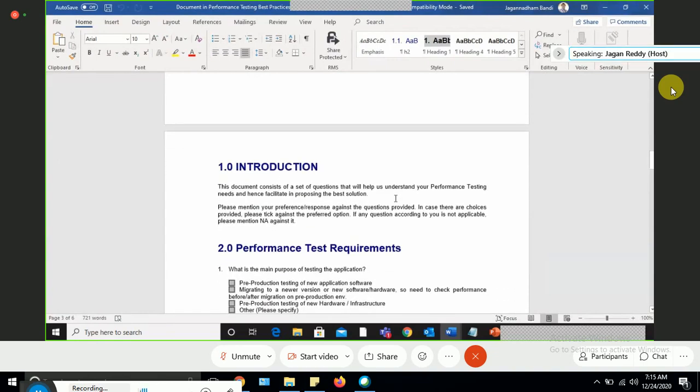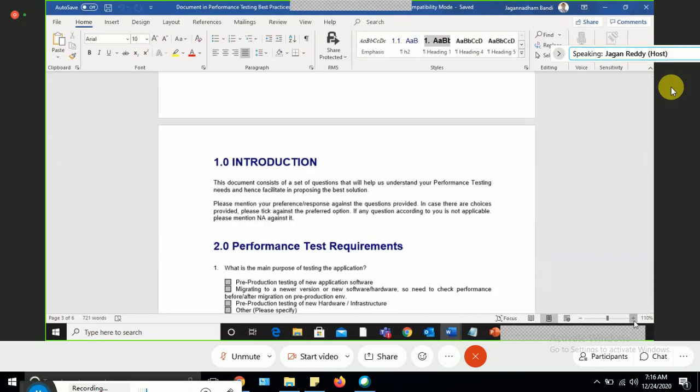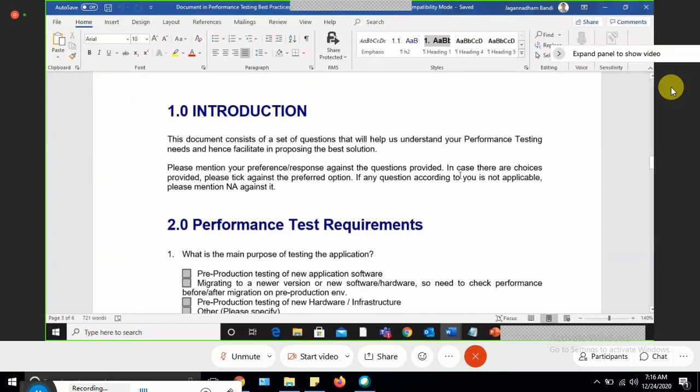Okay, now just read that introduction. So let me maximize. Okay, so this document consists of a set of questions that will help us to understand our performance testing needs